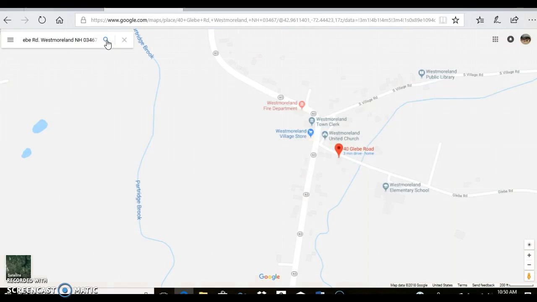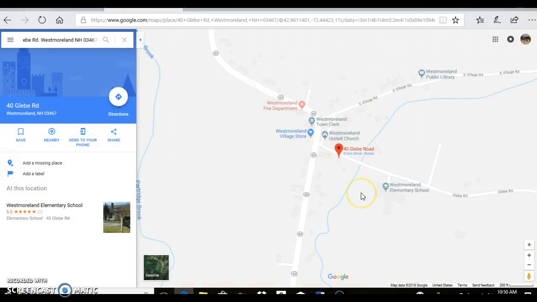It's going to do some thinking and then it brings me up to a map of the town. And if you notice, there's a red sort of balloon looking thing here in the middle of the screen and it says 40 Glebe Road. So that's where I want to